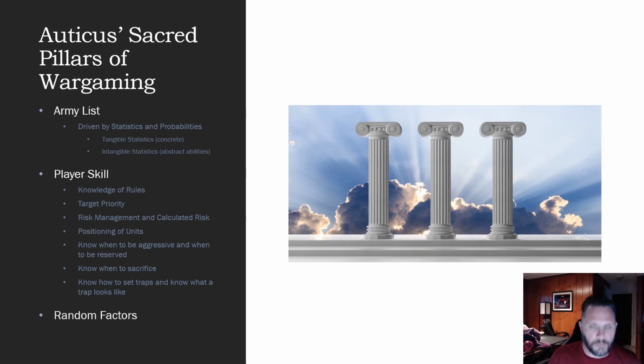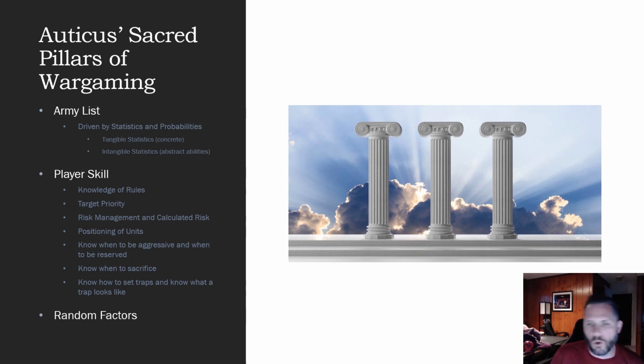There are also random factors that come into the game. That's the third pillar. That's the dice and the random probability, and in Conquest that could be your secondary objectives. Now, what that means is all three of these things come together to play a role in the outcome of your game. And ultimately, it's like a triangle, right? So if both players have the same skill and both players have even rolls of dice, then you could say that the game kind of relies on army lists,